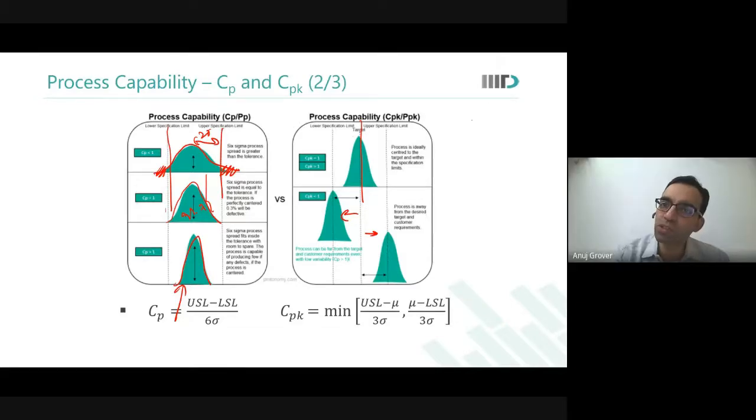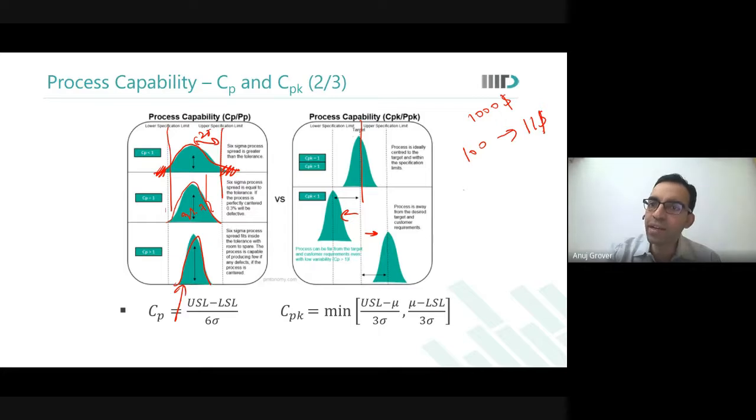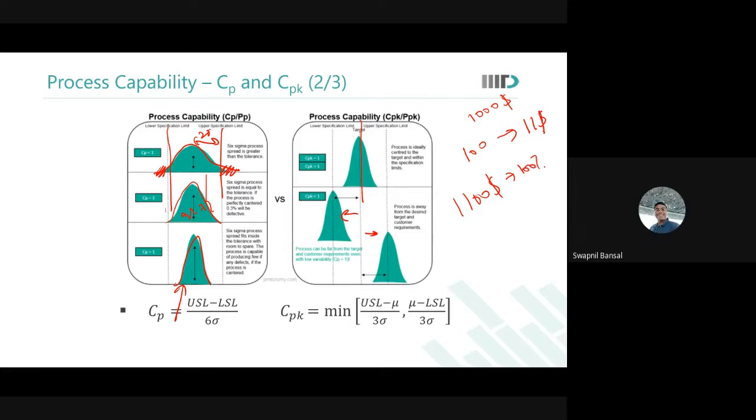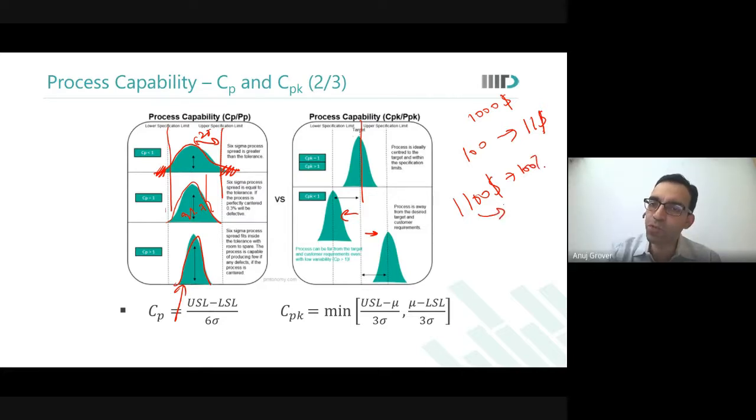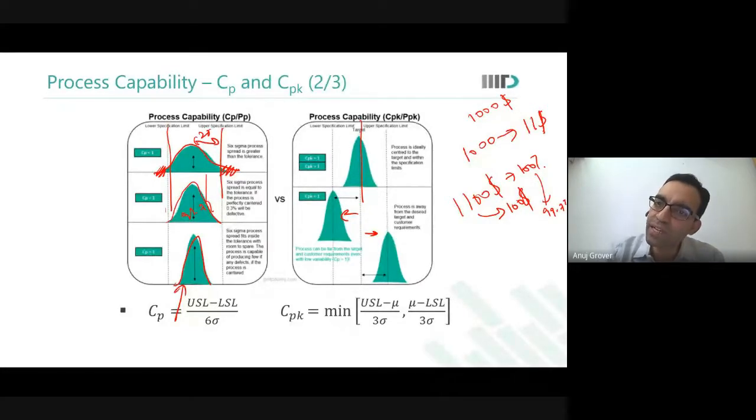So you spent $1,000, let us say, in making a wafer. You got 100 dies out of it, and you wanted to sell each die for, let us say, $11. So you thought that in the end you will get $1,100 if yield is 100%, and therefore you had a profit of $100. Now you said, yield is 99.7%. Let us say 1,000 dies and you were selling at 1.1.